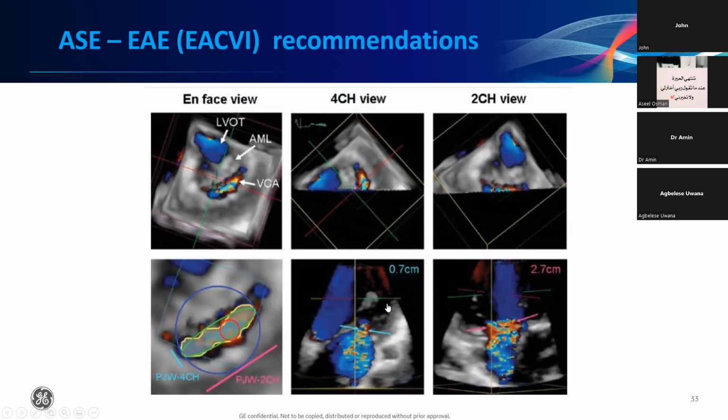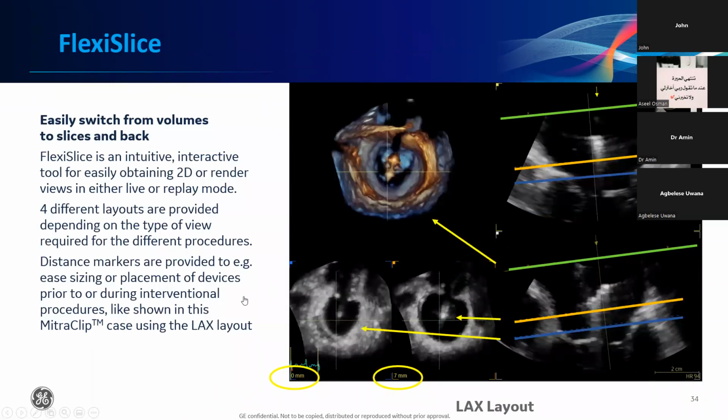If you apply PISA on this image here, your regurgitant orifice area will be actually this red circle, which is 0.7 centimeter. But if you apply PISA on the image on the bottom right, then your regurgitant orifice area will be 2.7 centimeters, which is this blue circle, which is extremely over-exaggerated, while the real area is actually this one here in yellow, which is, I think, 1.3 in this case. So FlexiSlice, again, can have many uses because it can give us different slices in 2D from the 4D data